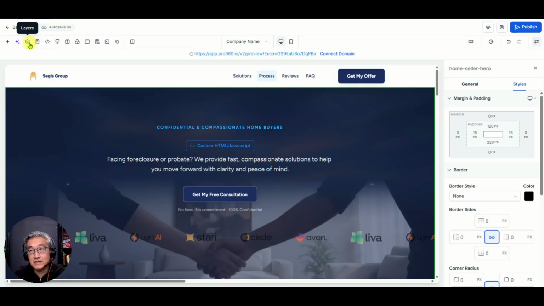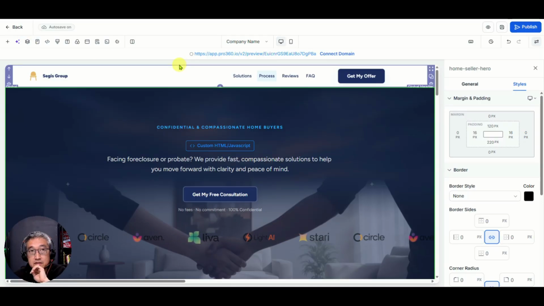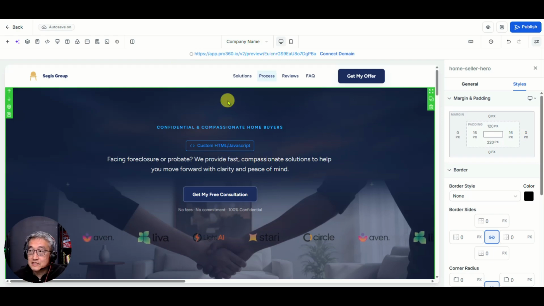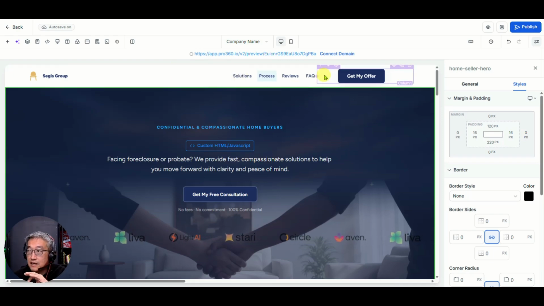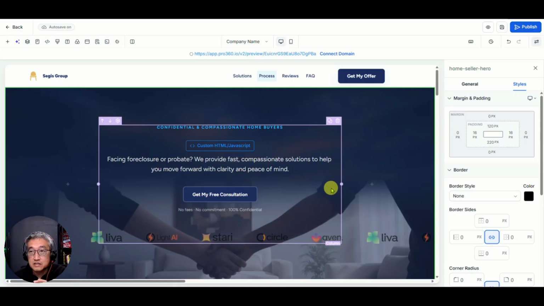I don't want to talk about this from a designer's point of view. From my point of view, I just want to make sure that this looks, it's making sure that all of the buttons work